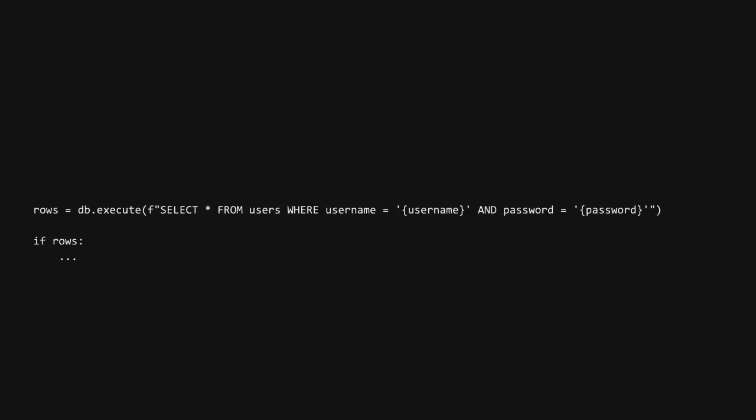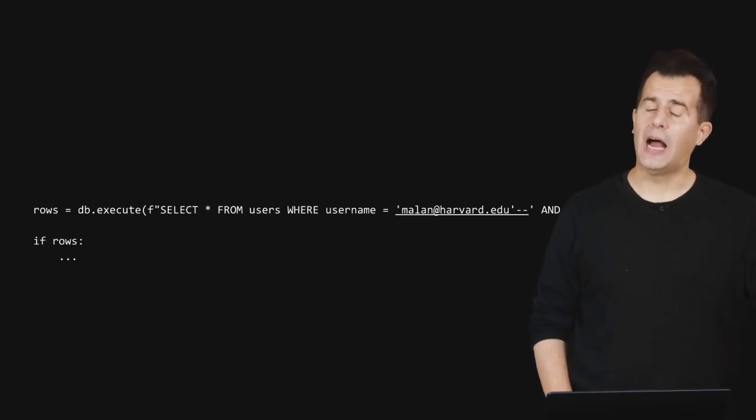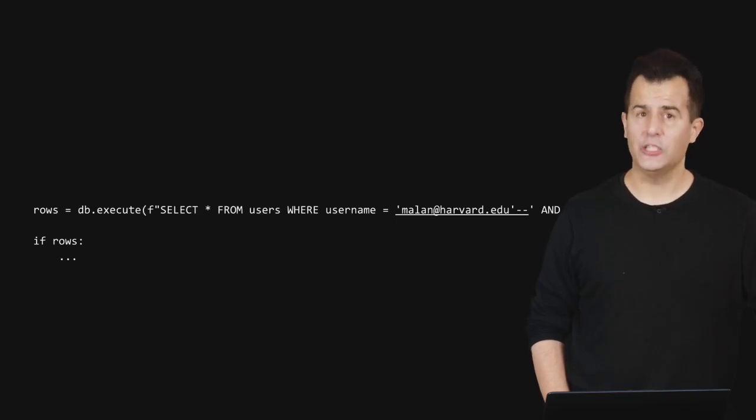Notice that whoever wrote this code, at Harvard presumably, put single quotes around the username placeholder and single quotes around the password placeholder. But what if I, a malicious student, use a single quote or an apostrophe in my own email address? What happens here? Well, let's plug in mailin@harvard.edu single quote dash dash. Now, it's a little subtle, but notice the fact that I added a single quote at the end of mailin@harvard.edu